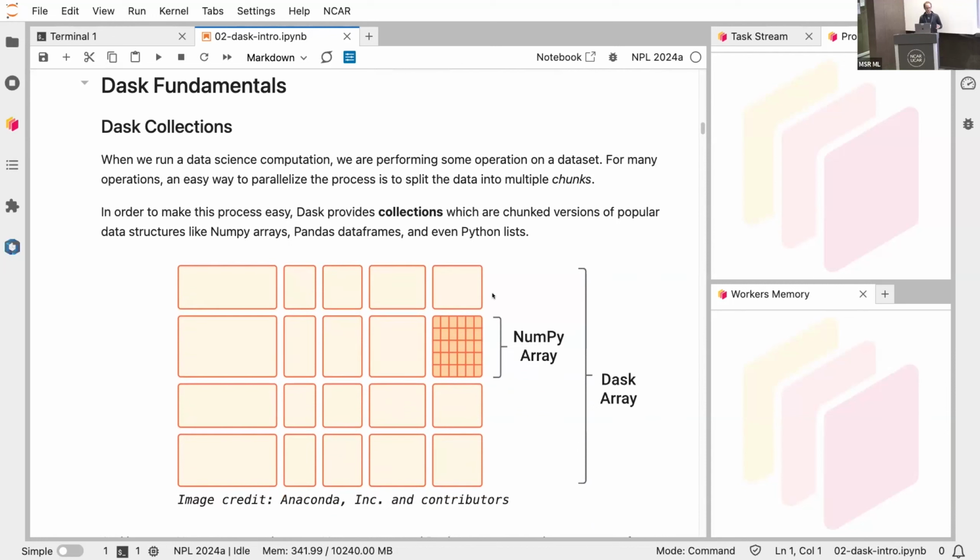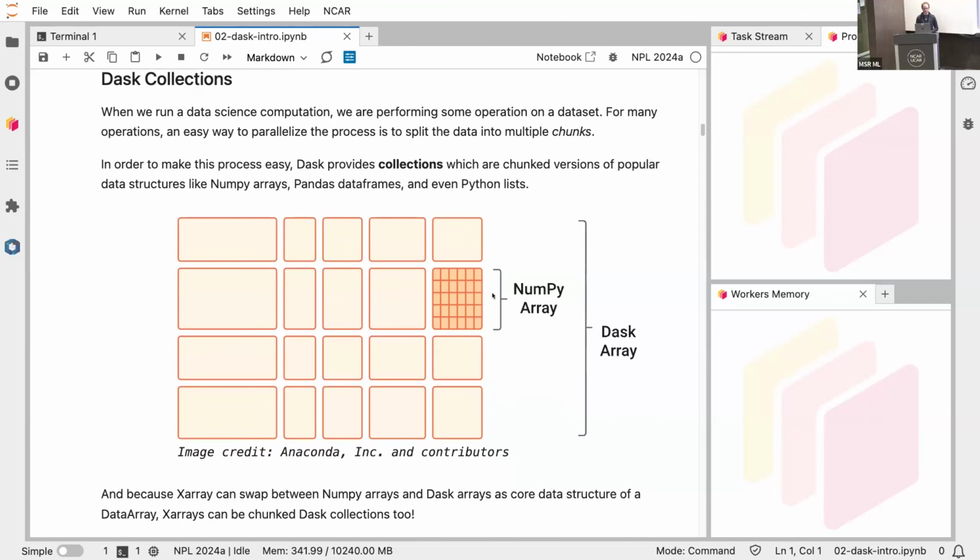Basically, a Dask collection is simply a data set that is using a chunked data structure under the hood. So when you do a data science computation, you're performing some operation on a data set. If it's a NumPy array, then you're operating on the entire array when you do computation. But an easy way to parallelize that is to split the data into multiple chunks. And Dask makes this pretty easy because it provides these pre-built data structures, these Dask collections,